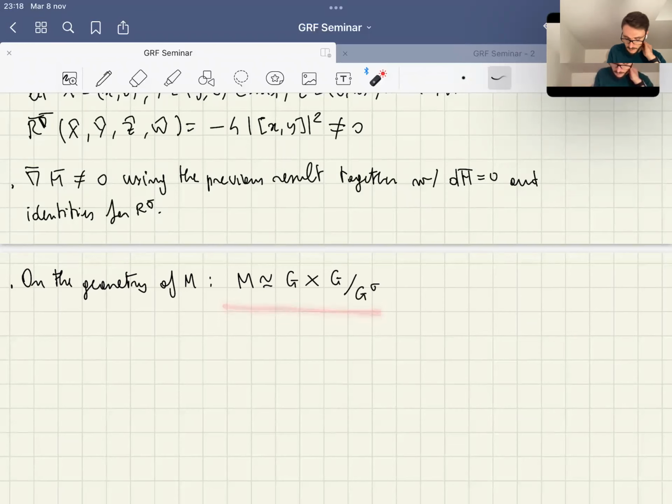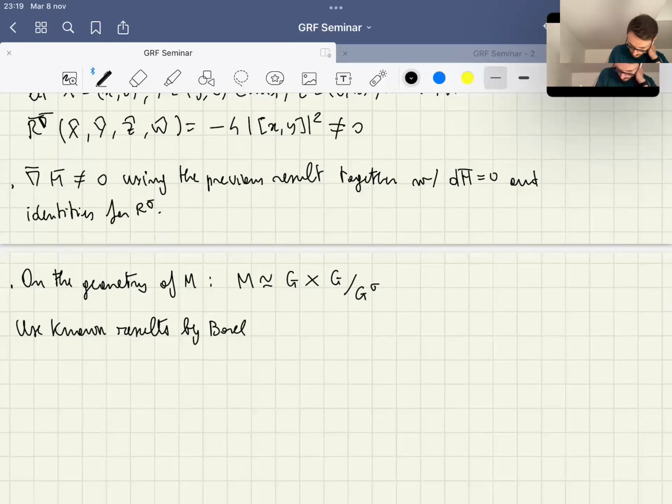But this diffeomorphism is not an isometry if you endow M with the metric overlying G and you endow this product with the bi-invariant metric that I denoted by capital G on the Lie group G and the standard metric you have on the symmetric space G over G sigma. So you just have this diffeomorphism, but then you can use known results by Borel to conclude that M has finite